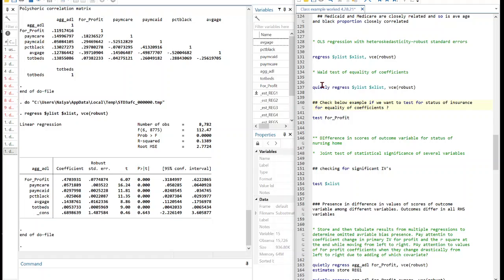So let's just say I'm running a Wald test for a coefficient. I just want to see if my for-profit status has different values for the average daily activity score. So, is there a difference in patients who are in a nursing home that has a status of for-profit in their average daily activity scores? So by running a test command for-profit,